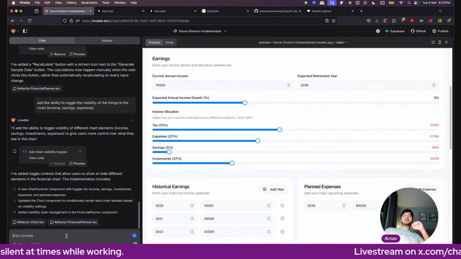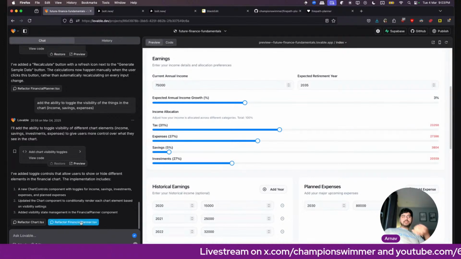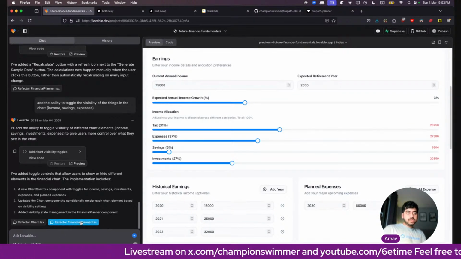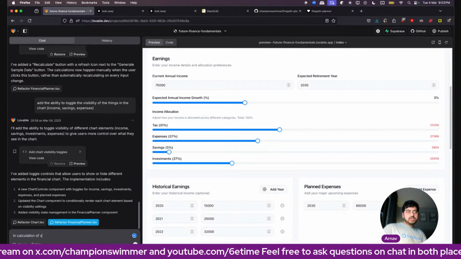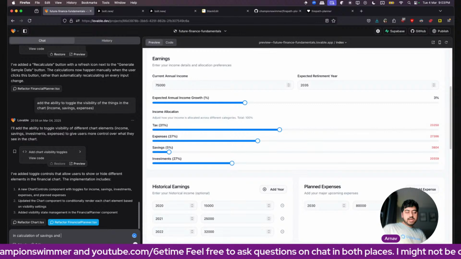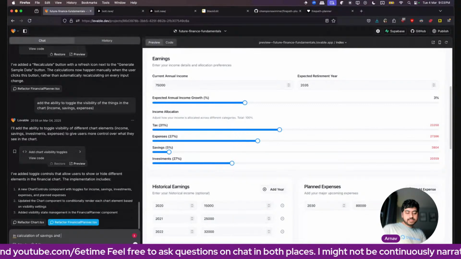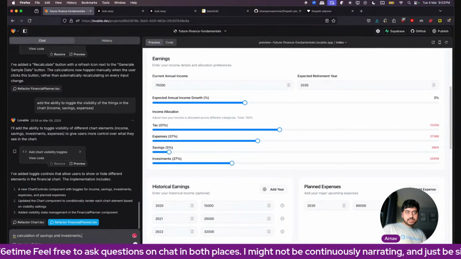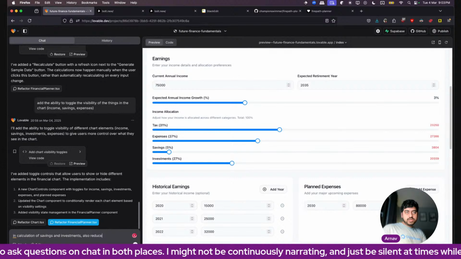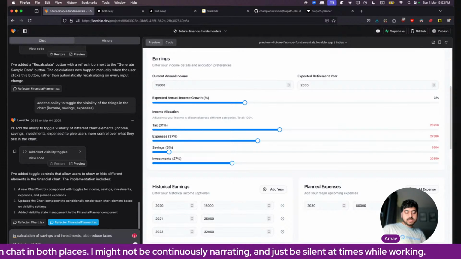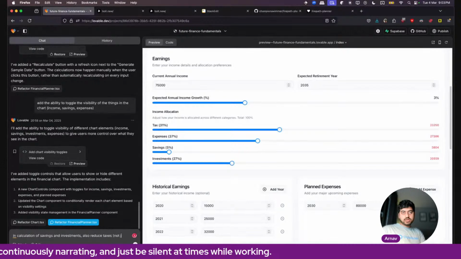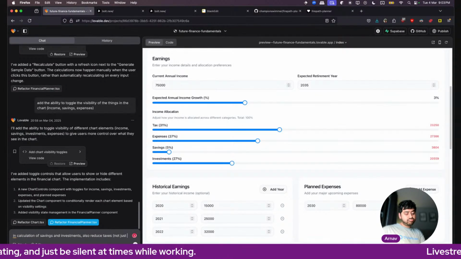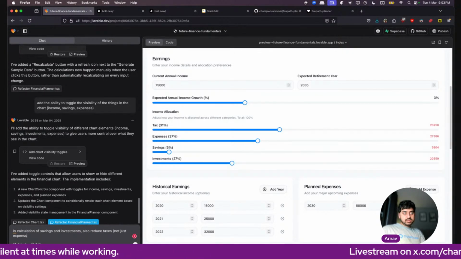So in calculation of savings, also reduce taxes, not just expenses.